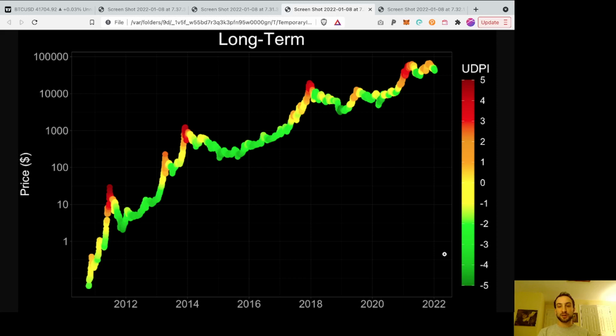So I've got the long-term UDPI up for Bitcoin here. This is meant to be interpreted on a scale of months. And so these risk indicators, these readings that we're looking at, are supposed to help guide your decision making on a long-term time frame. So keep that in mind as we're looking at this. And I want to share with you a bullish reading of this and a bearish one, because it's possible to interpret this information either way. And given the uncertainty in the market, having pulled back more than 40% from the new all-time high at 69K, I think we need to be prepared for each eventuality.